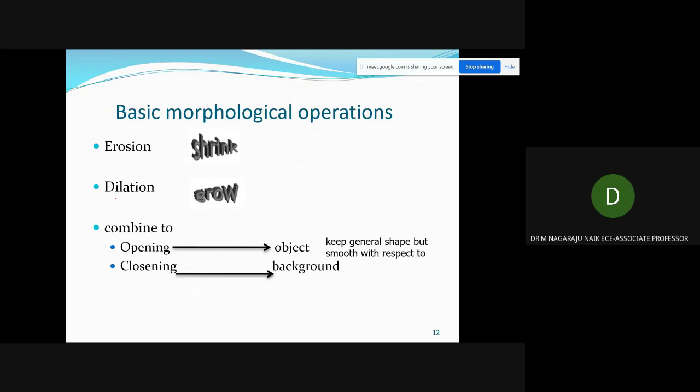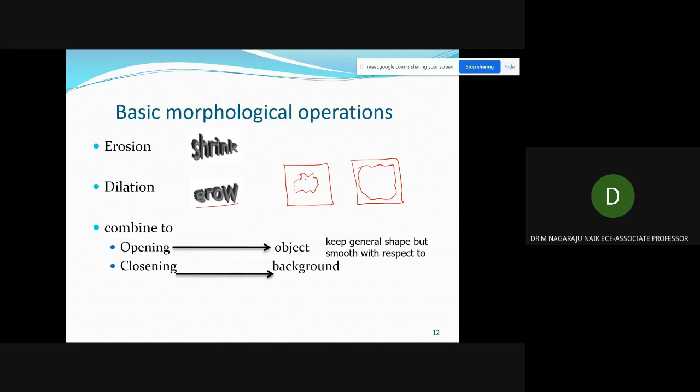Okay, what is meant by dilation? Dilation is nothing but growing the regions. Growing the region means now this is your image. Now in that image, this is your object, right? Now, for the same size of image, this region is growing like that.